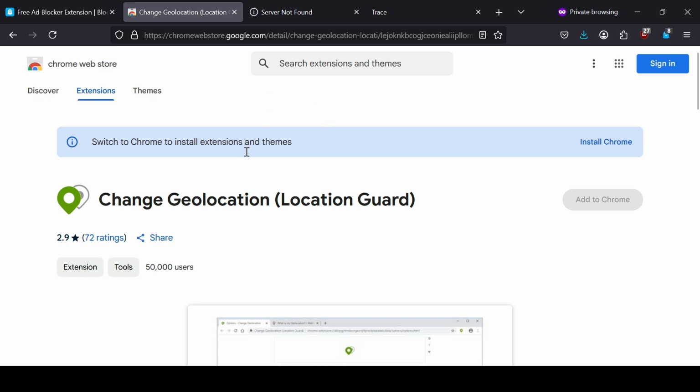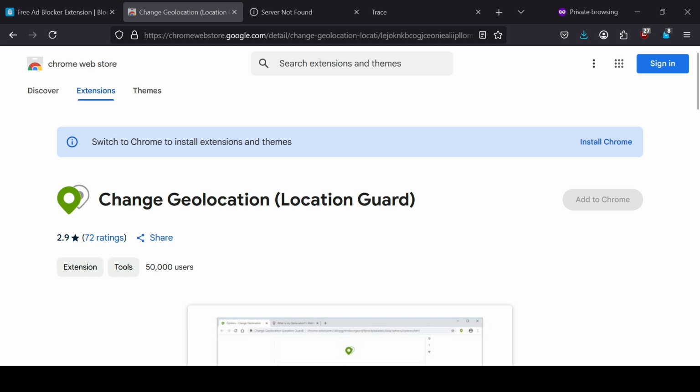After installing change geolocation, we install the next one, which is the time zone spoofing extension. Make sure you download it and add it to your list of extensions. And then the last but not the least is the language switch extension.